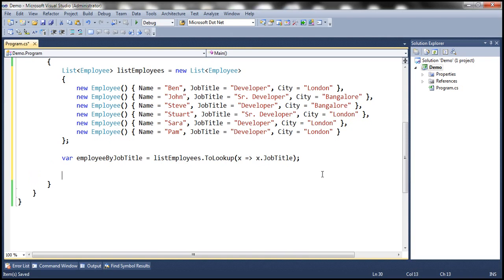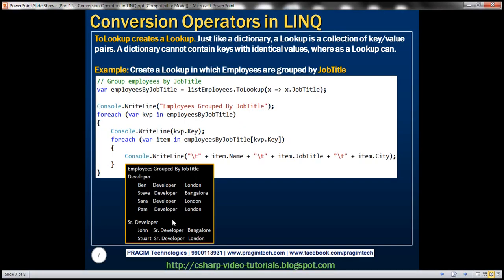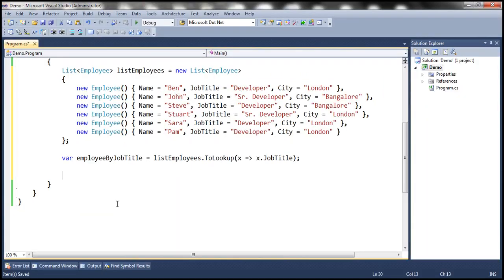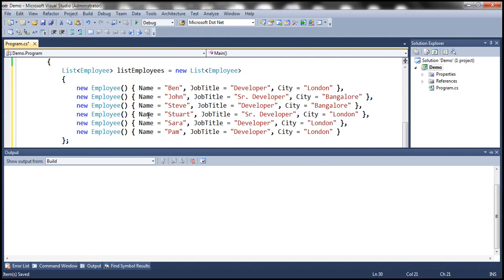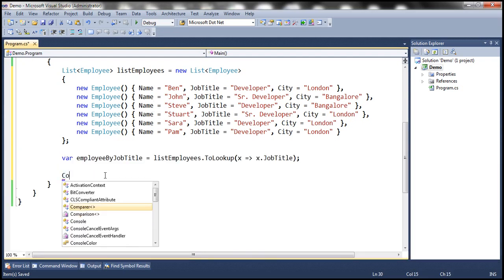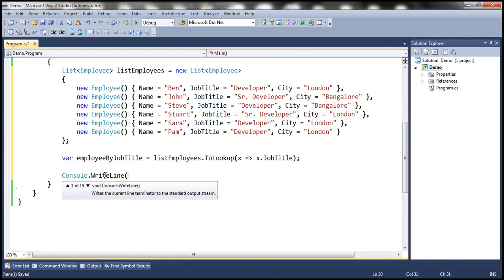Now the key within this lookup is job title, which means we can use that key to look up employees by their job title. Okay, so let's actually print the output like this. We want to print developer and then all the developers, and then senior developer and all the senior developers. Okay, first we want that message: employees grouped by job title. So console dot writeLine employees grouped by job title,